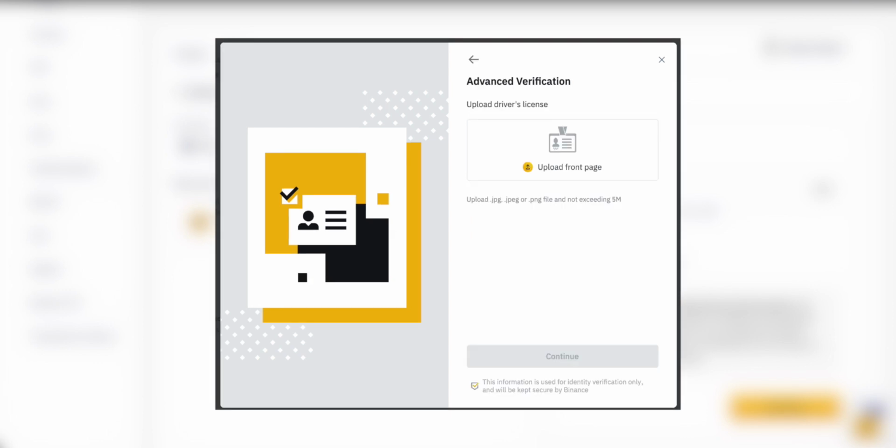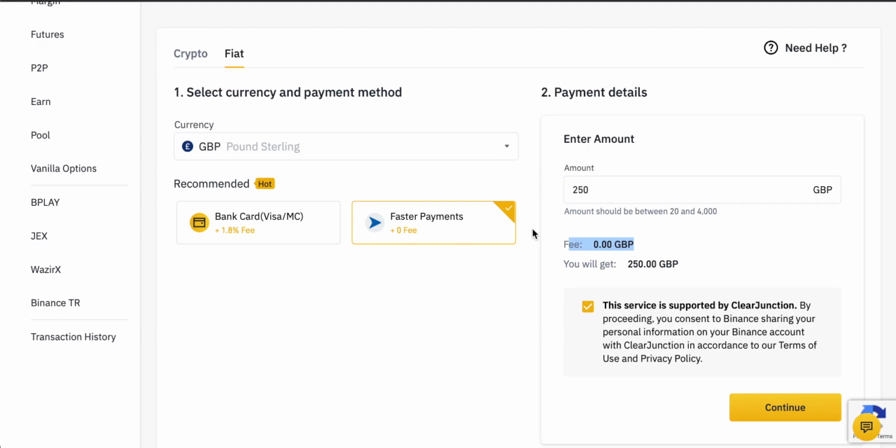Binance will go through and give you their banking details. They'll give you their name, their sort code, their account number, and also really importantly, a reference number that you have to include with the payment. You'll have to go over to your own banking application, open that up, and then send a faster payment into Binance's account using all of these details.